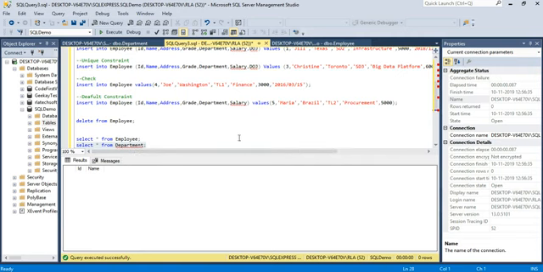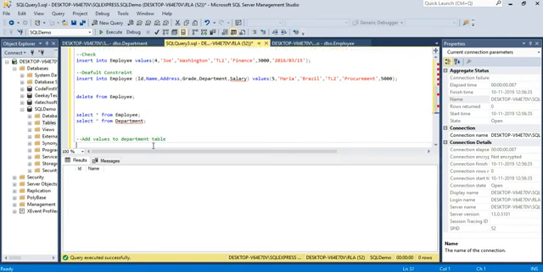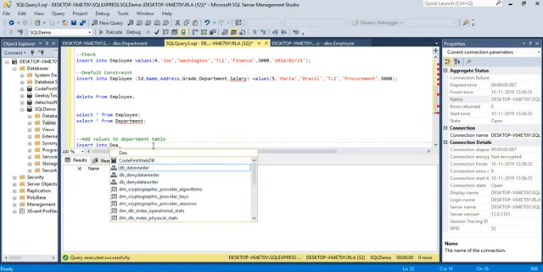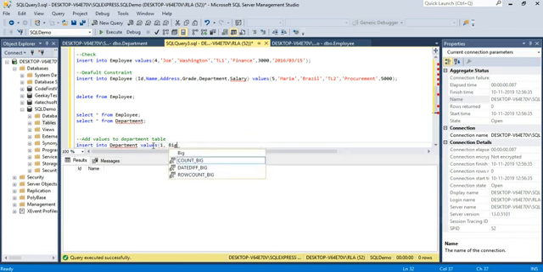So what we will do is, first we will add the departments. So here I'm going to add values to department table. So again, insert into department values 1 big data,